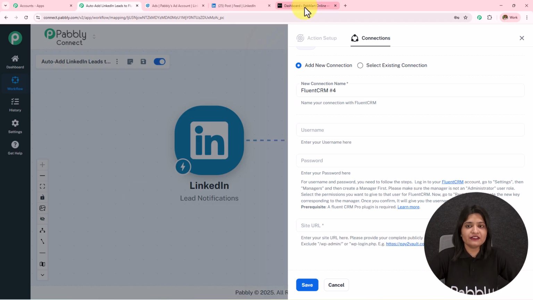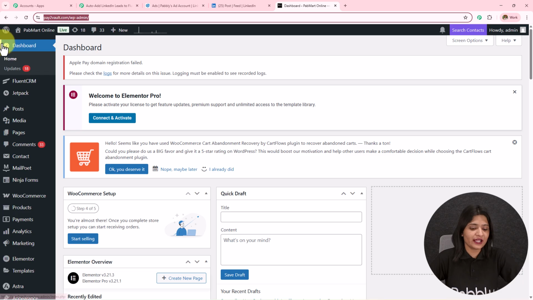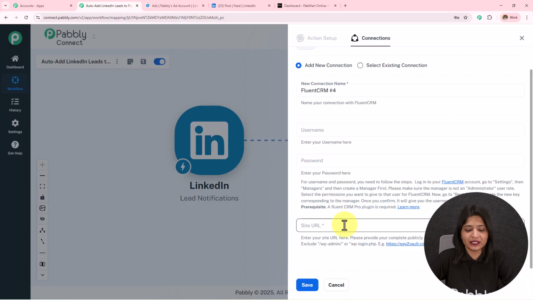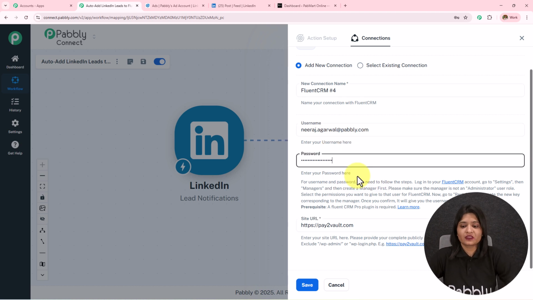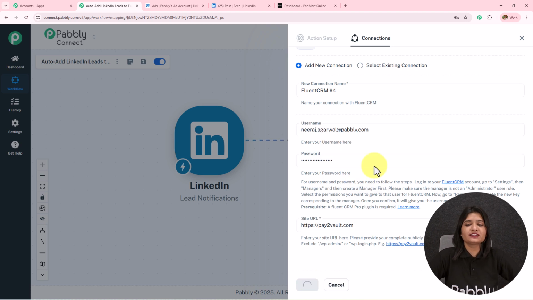So over here, if I open my WordPress, on the top where I can see this URL, I'm going to copy and paste that over here, but it is written that I have to remove this WP admin. So I'm going to remove this WP admin, and I'm going to keep this https://paytovault.com. This has become my site URL. I'll enter my username and the password here. After entering all these details, I'm going to click on the save, and you will see FluentCRM will be connected